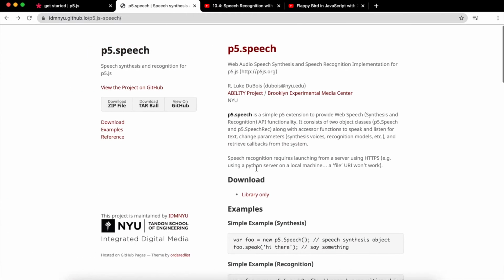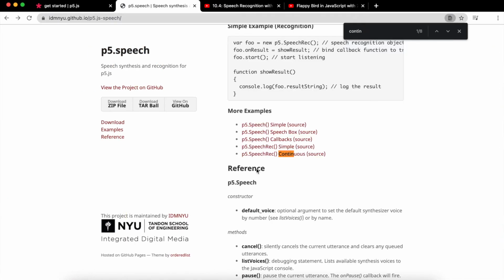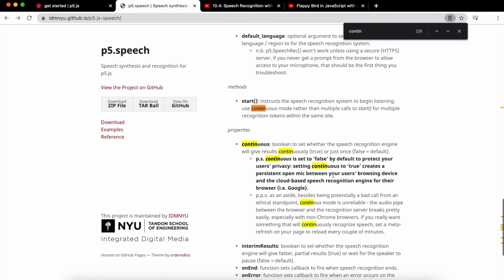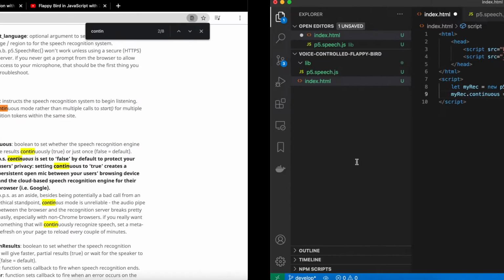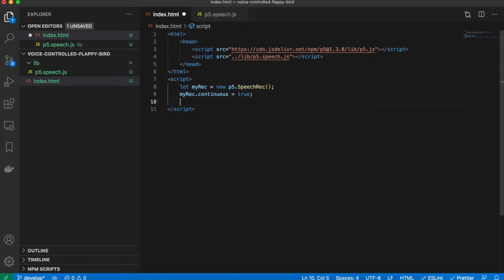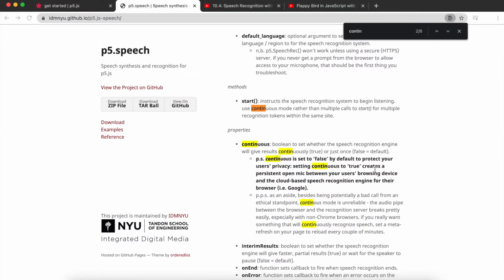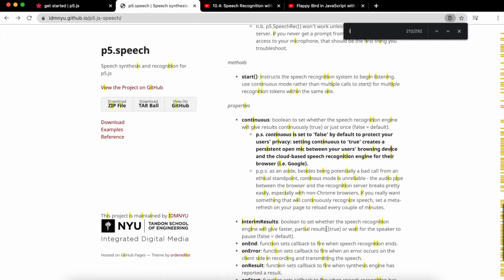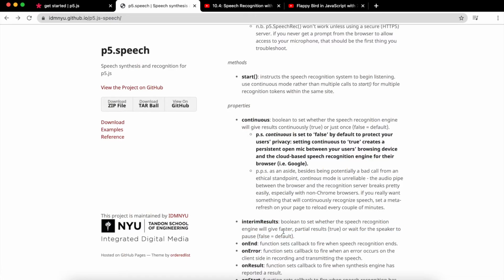So this is something they talk about in the documentation. You can set it true to keep tracking the words that you're saying. And we'll say myRecording.interimResults equals true. Interim results right here. So you can decide whether to set this true or false, but I set it to true just to give